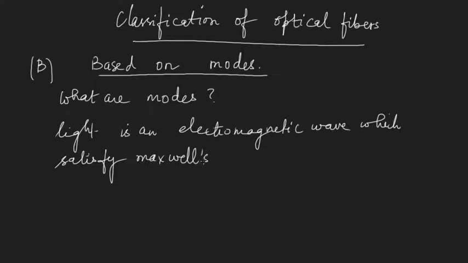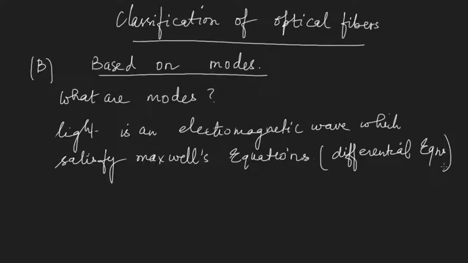These Maxwell equations you might have learned in electromagnetic theory, or in my further lectures we'll discuss. These are differential equations. Now, when I apply boundary conditions to these Maxwell equations,